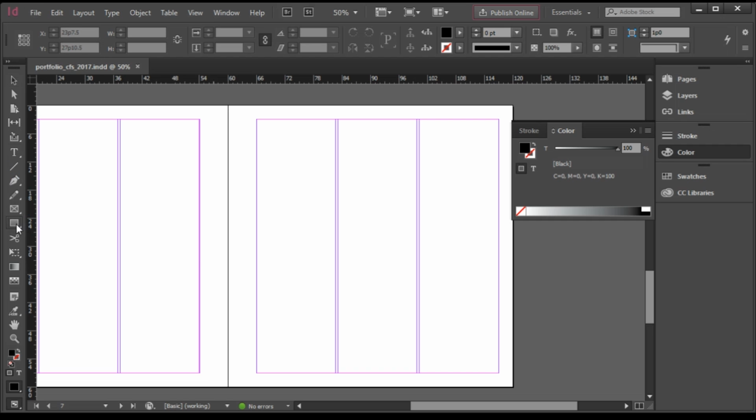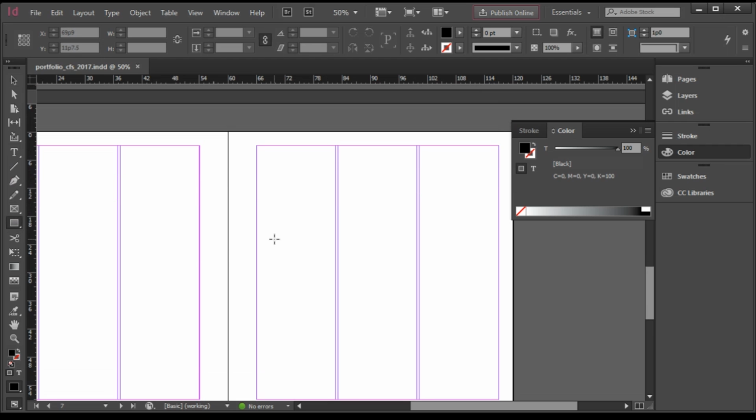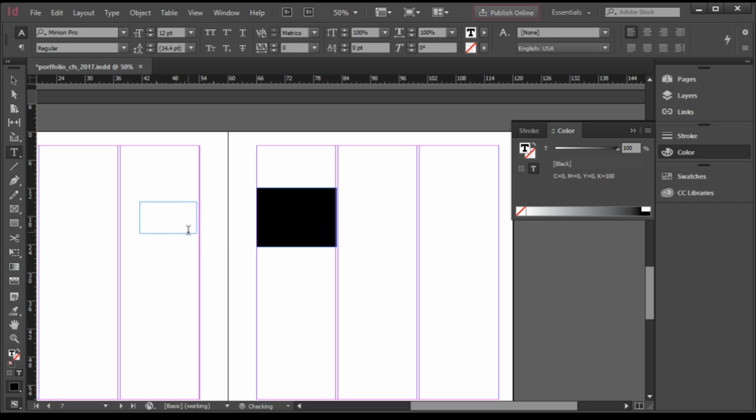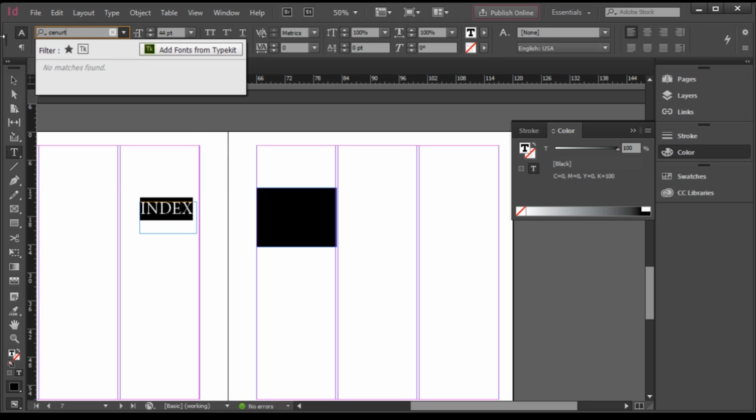So there are various ways you can design your index, and I would say that you do check out Pinterest or Google. Just type out creative indexes and you'll see, and then there are very simple ways how we can make it. So I'll just make a black box here, and on top of that I'll type index. I'll increase the size of it, change it to a rather contemporary font,